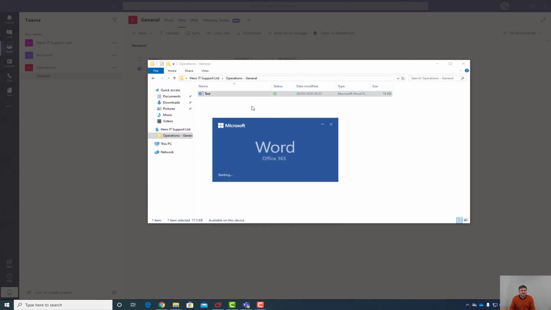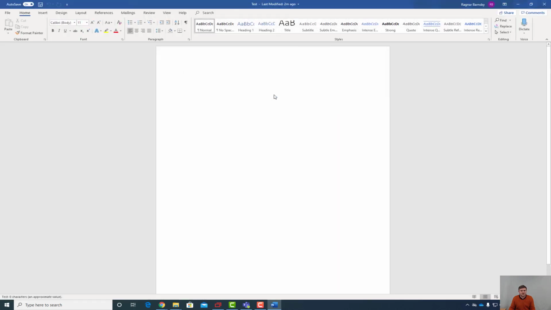So if I double click on test, you see it changes to a green tick and it's now opened up in Word. We can write some text, hit save. I always still hit save, but it's actually going to try and save it for us as we go. And so if I now close that down,